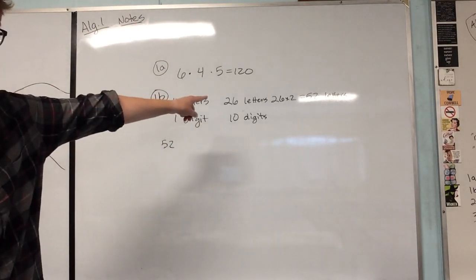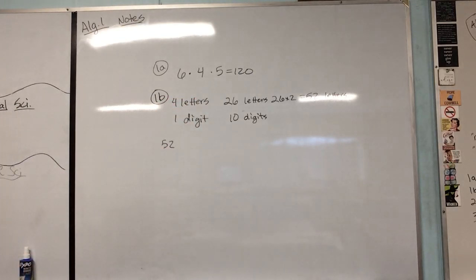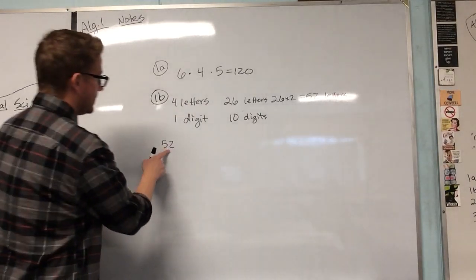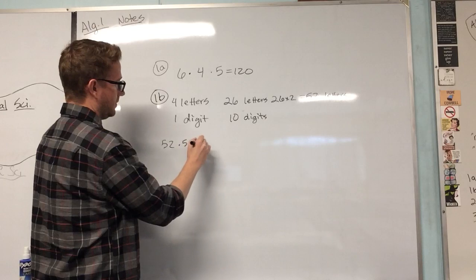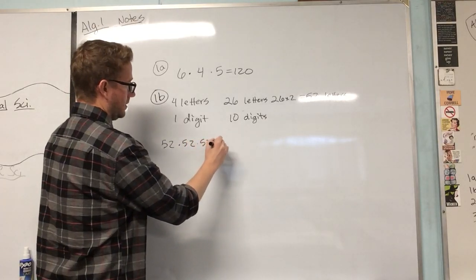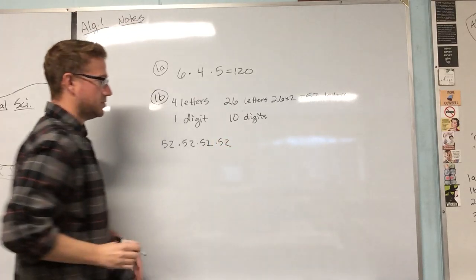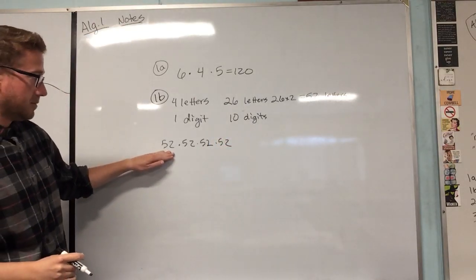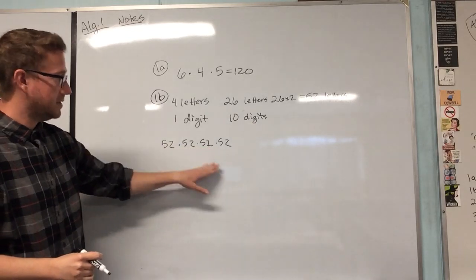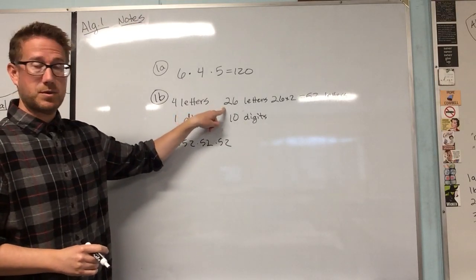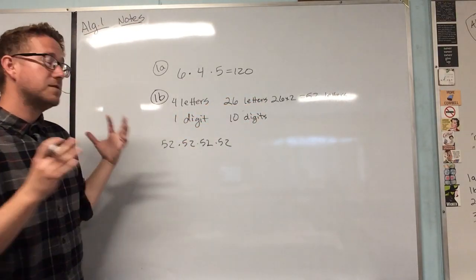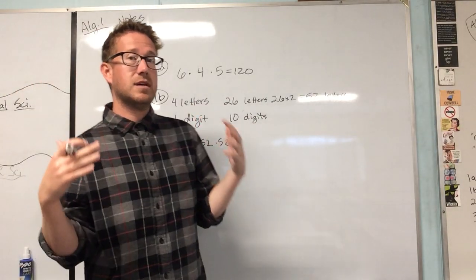Remember, 26 uppercase and 26 lowercase. So, if we were to take 4 different letters, you're actually going to have 52 for the first possible one, and another 52, and another 52, and another 52, because you could pick 4 letters. You have 26 uppercase, 26 lowercase, 52 possible letters to pick from, and what they're telling you here is that